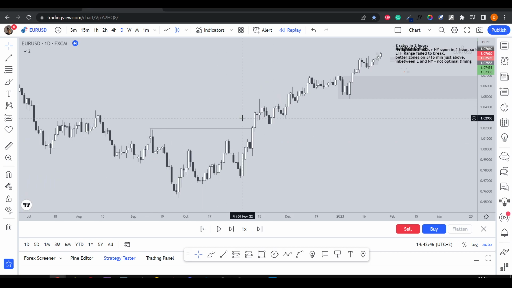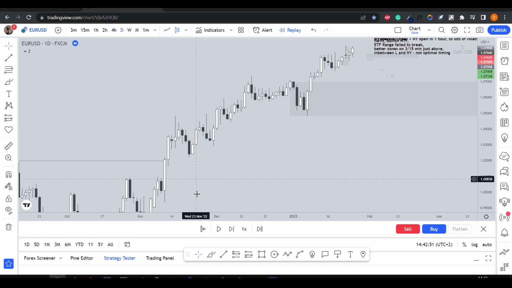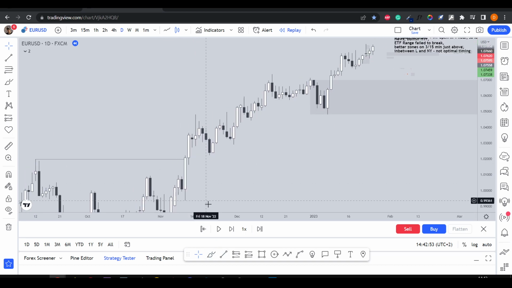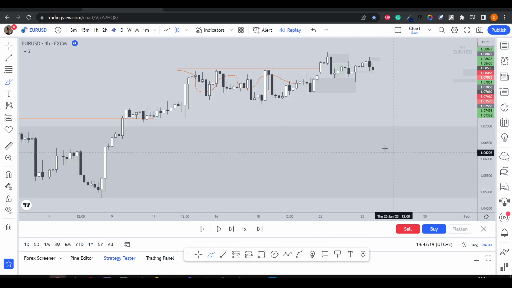So here it is on the daily. We had consecutive breaks on daily. So a break, a break, a break, a break, one more break, and one more break here. At the time of the trade, we became a bit rangy, and overall we were expecting the bullish continuations, and